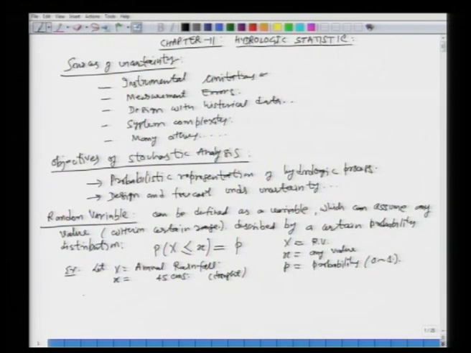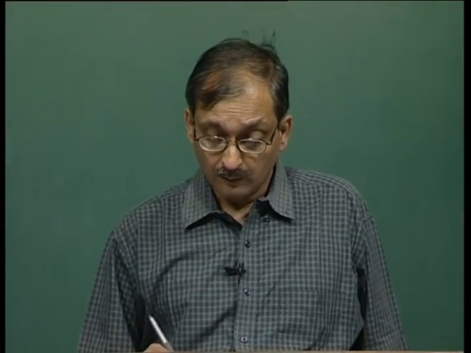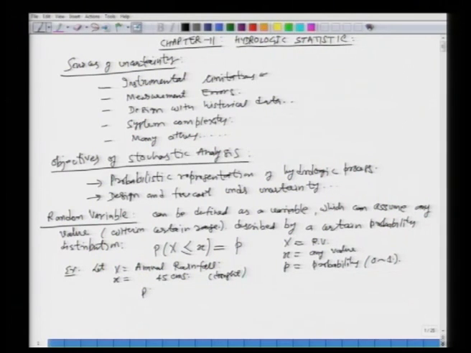We can define this kind of event depending upon our need. So, for this case, the event can be defined as x less than or equal to 45 is equal to some value of p,